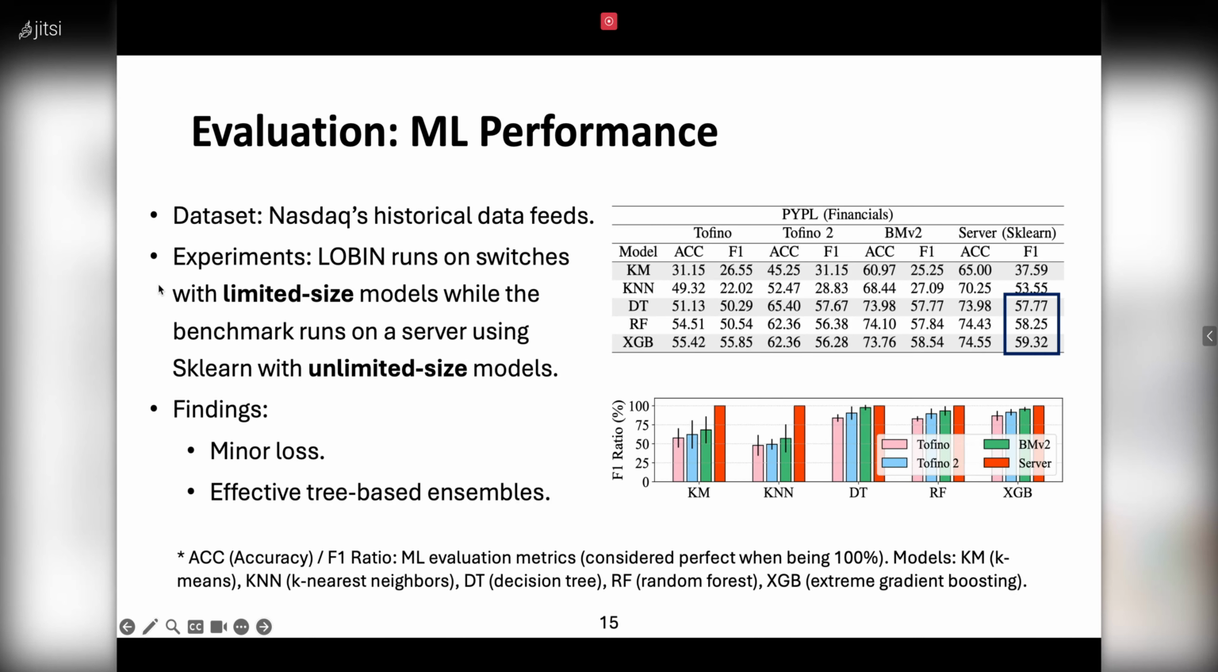We also found that for tree-based ensembles, for example random forest, XGBoost, including decision tree, it's very effective. We can barely see a loss in terms of machine learning performance. Here we use accuracy, F1 score, and ratio for machine learning performance evaluation. These are very common metrics, and we tested different machine learning models